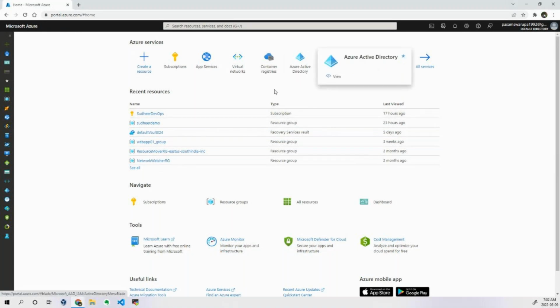Without learning that, the other things you learn don't make any sense, because you need to manage permissions and provide authentication to the applications. The main thing is that you need to provide the access. Without having that, we should not proceed with other services. So let us start with Azure Active Directory.